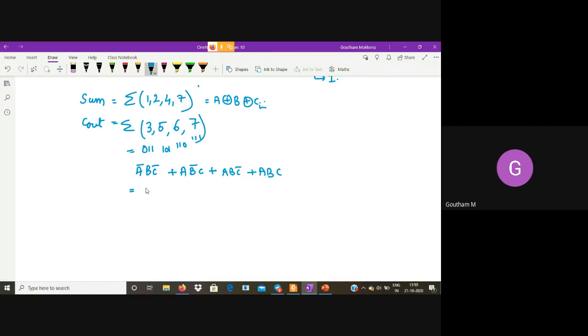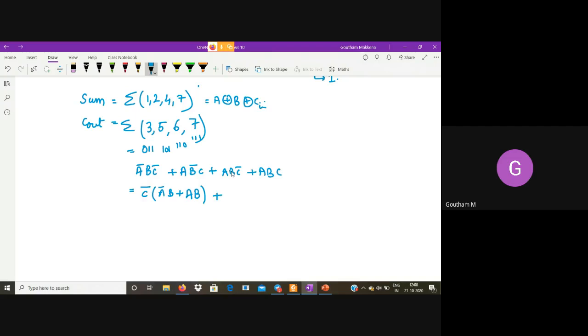Okay, so I'll write this as A bar B C bar. Sorry, let me take C bar common here. If I take C bar common, what do I have? A bar B plus AB.